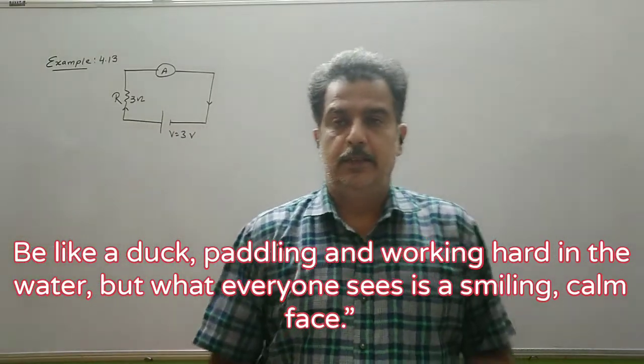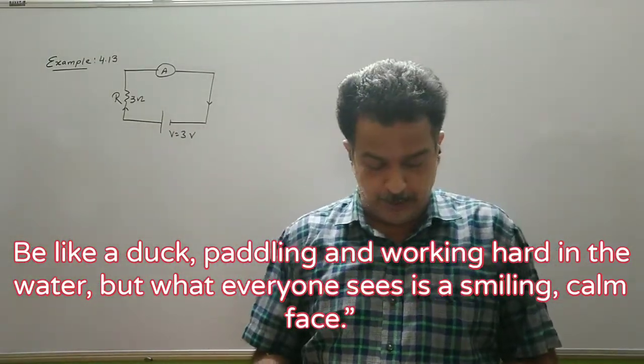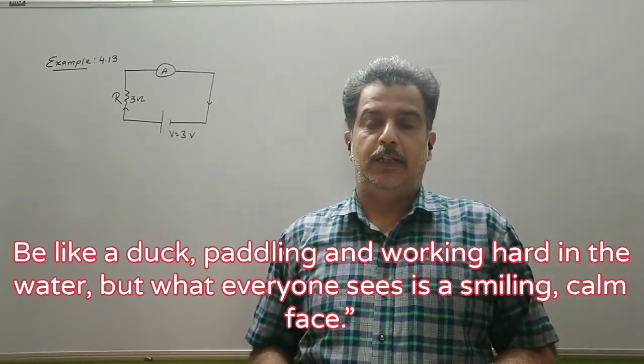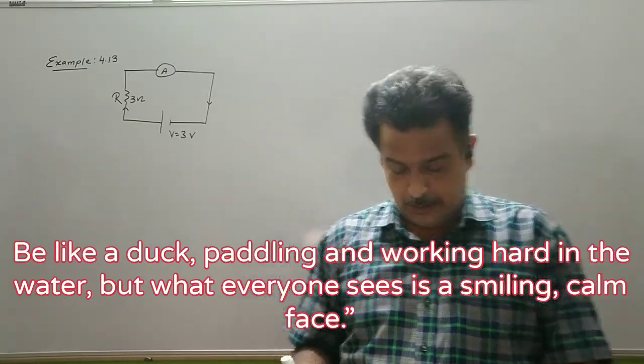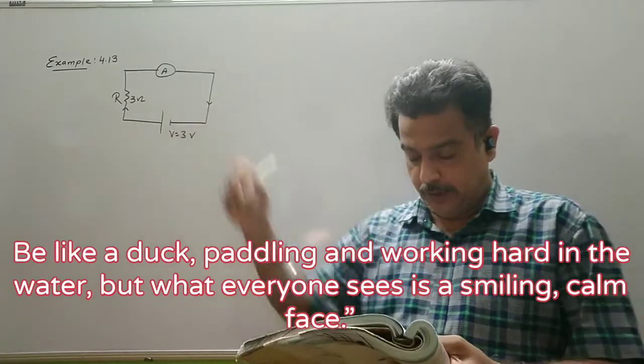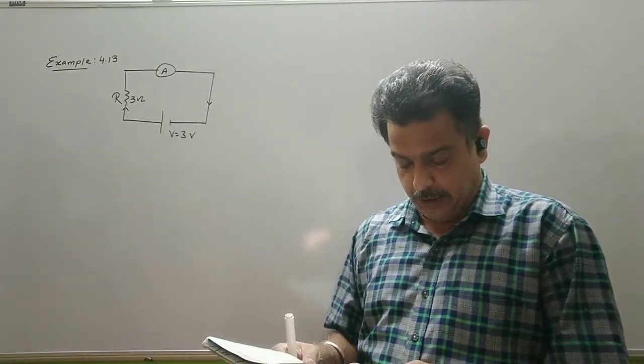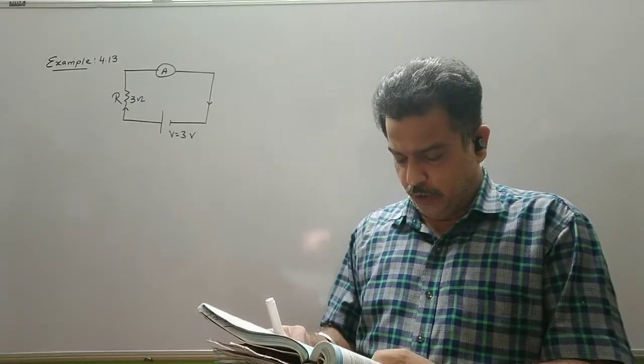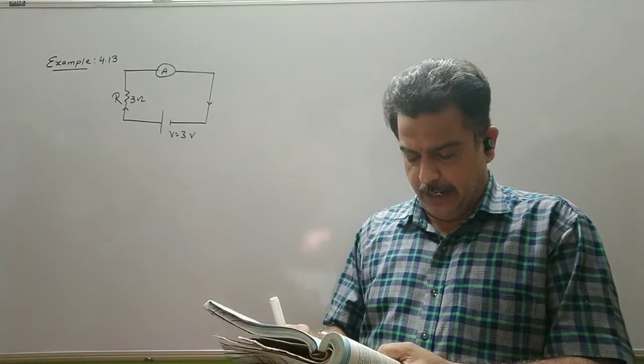Hello students, let us see example number 13. Based on the galvanometer and the ammeter, an electrical circuit is given. The current is to be measured. We have to measure a current. What is the value of the current if the ammeter shown,